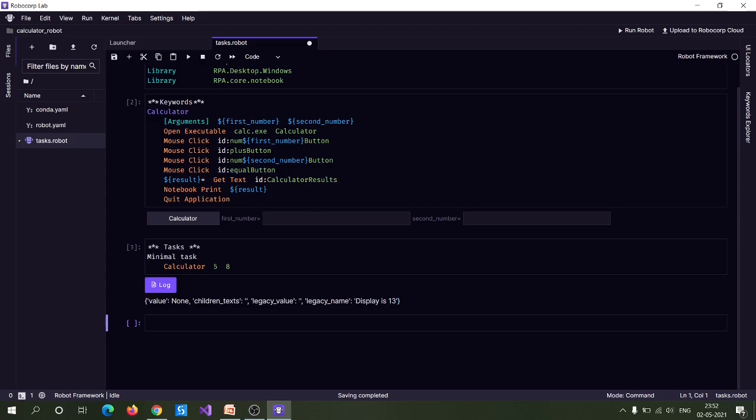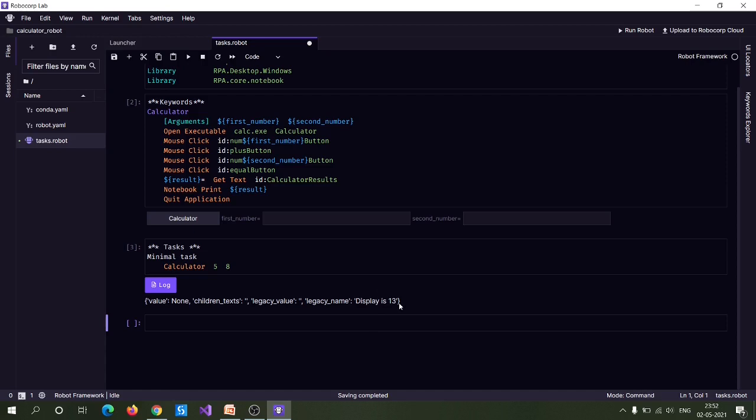The output of this get text keyword seems to be in a dictionary format, where the values are in key value pairs. From this key value pair format we can obtain our required data, because the main aim of our automation is to click on the respective first and second number, get the result, and print it to the Robocorp console. In our case, when you add 5 plus 8, you should get 13, and we get a dictionary, and within this dictionary you can find that our value is present in this key value pair, that is display is 13. So we need to extract this data.